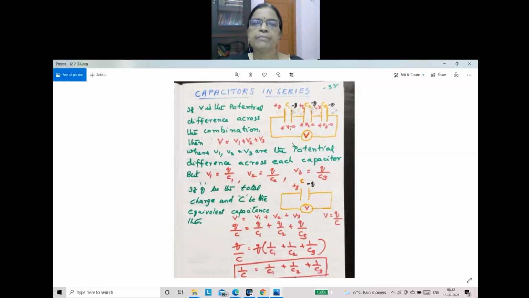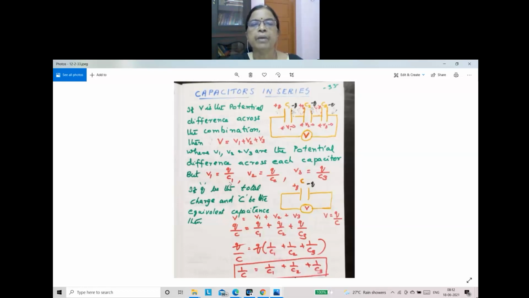Then what is different? Potential difference will be different. Capacitances are different. Charge remains the same. That's an important factor. So here the varying one is potential difference. The total potential difference applied here will appear across each capacitor depending upon the value of their capacitance. Understand? Potential difference across V1, how will you find? We know the formula.